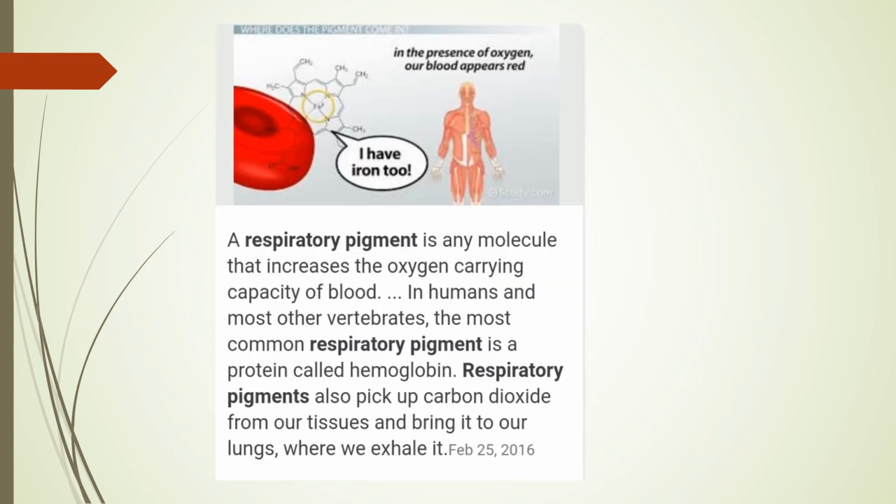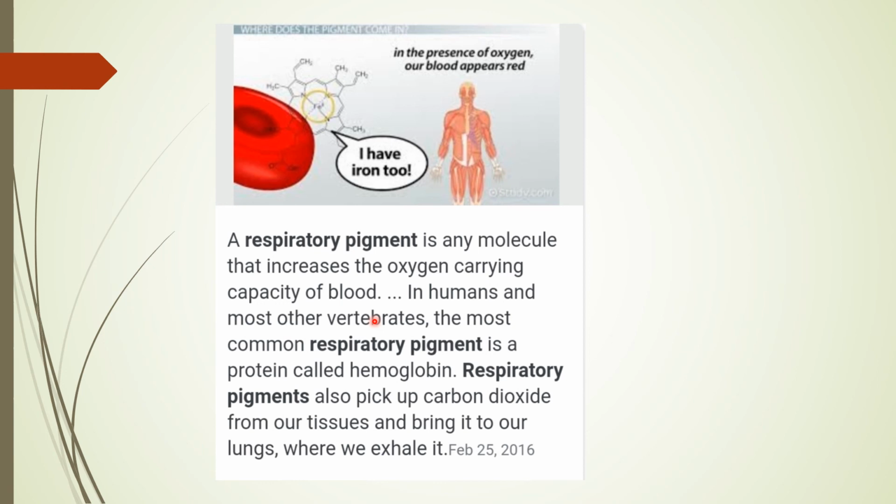So this is a very important thing that you should know about one of the important respiratory pigments that participates in the process of respiration, that we call hemoglobin. Hemoglobin is a respiratory pigment that increases the oxygen carrying capacity of the blood. As I have told you, one molecule of hemoglobin can combine with four molecules of oxygen, and they make oxyhemoglobin. So the diffusion, as I have told you, is how gases move from the atmosphere into the respiratory system due to the diffusion pressure gradient.